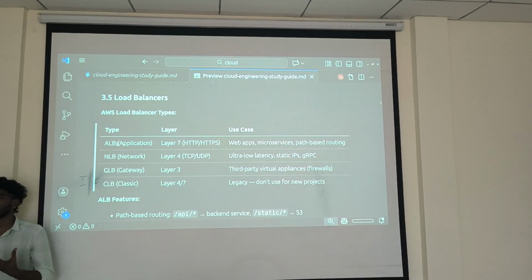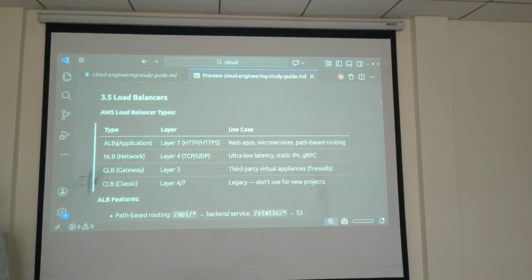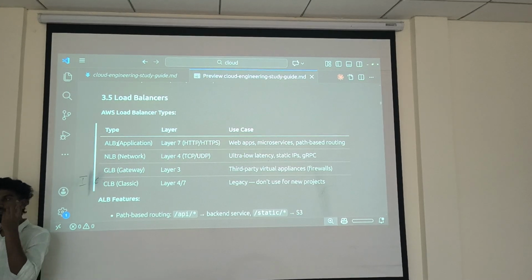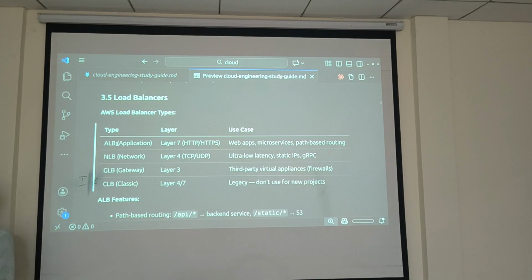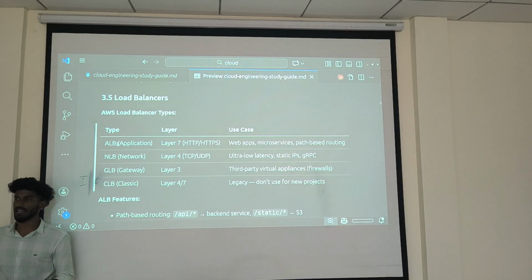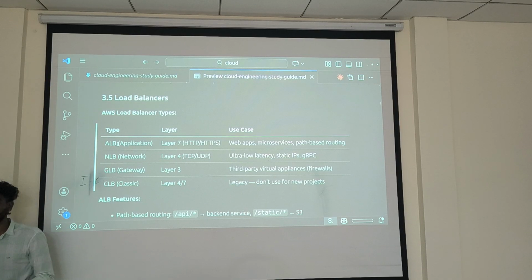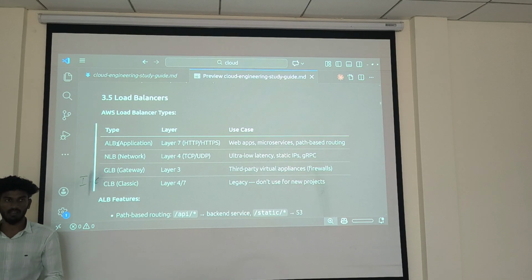So while setting your rules in the load balancer, if any request comes via my front end application, you can allow it. If someone from outside, over the internet, types directly from Postman or Thunder Client and tries to access my endpoint API, they can't access it. I can set up the rules: anyone coming with this particular API naming, then only allow this backend service, or else don't allow it.